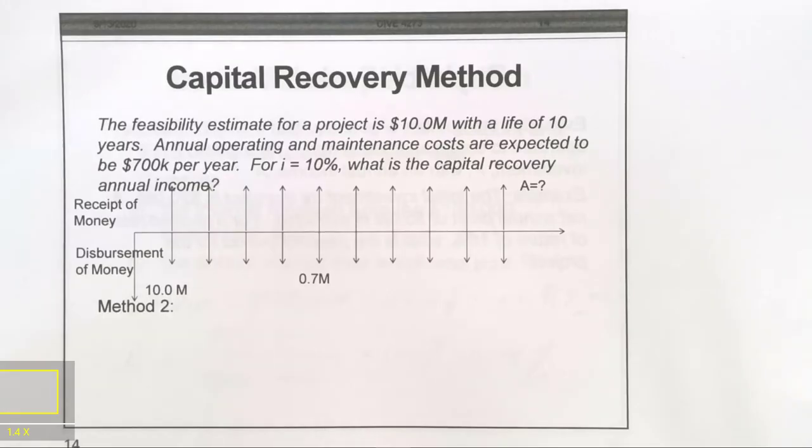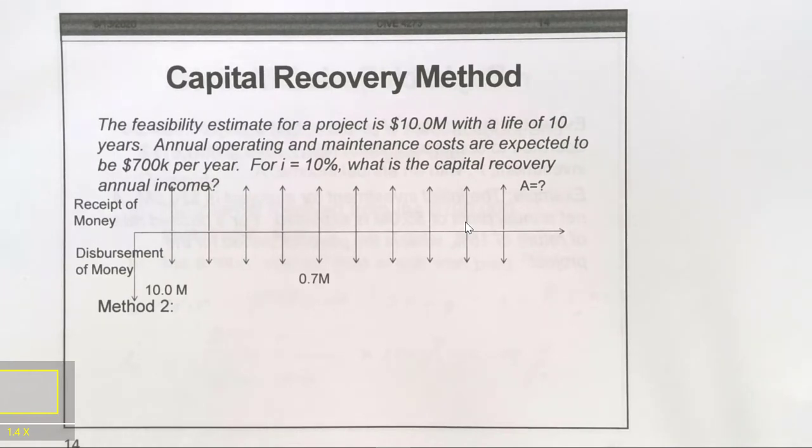This morning we already talked about the capital recovery method, and this is the example we showed this morning. And we already finished using method 1, which is the formula that is provided. In this example, I'm just going to show you how we can use the factor table to compute exactly the same